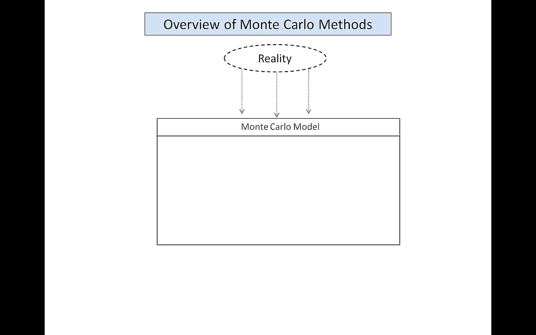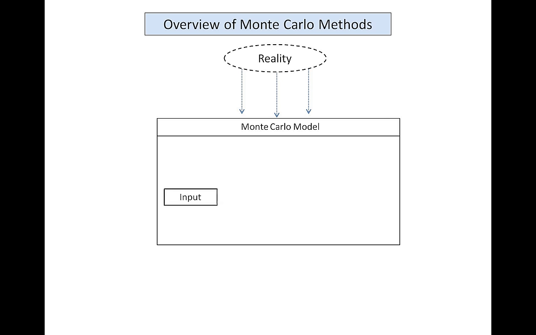All right. Here's a nice overview of various Monte Carlo methods. What we're really trying to do with this is trying to do something with reality. The way I've described it is we have reality, which is in this lovely little cloud here, and from reality, we're trying to create a model, or an idealized version of that reality, which obviously is simplified, because otherwise it wouldn't be a model. But on the other hand, it still has some properties that we think relate to reality.